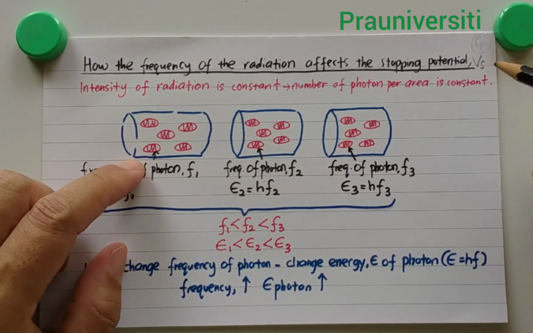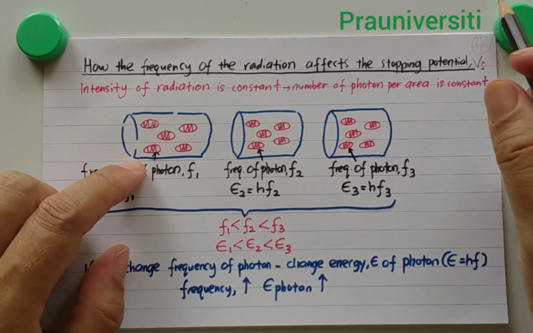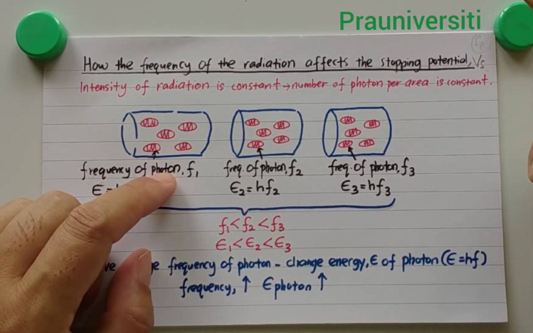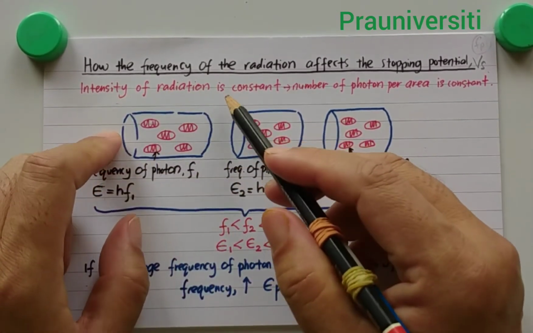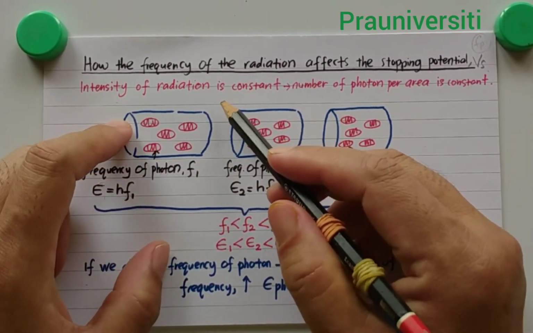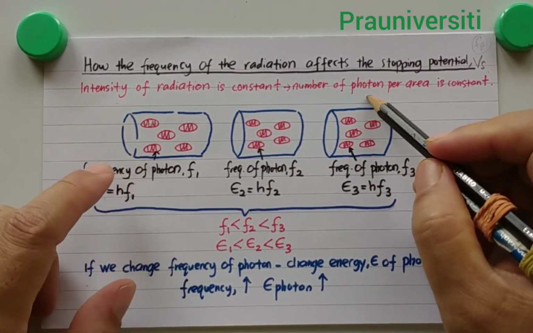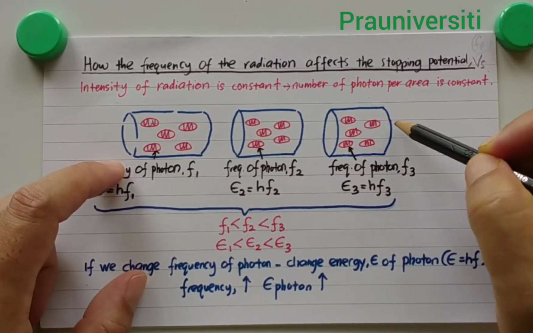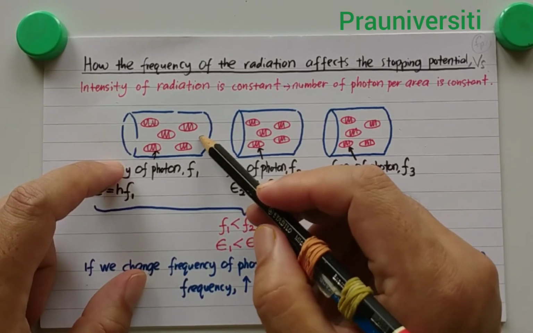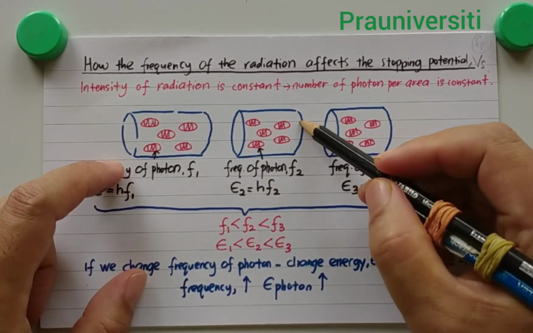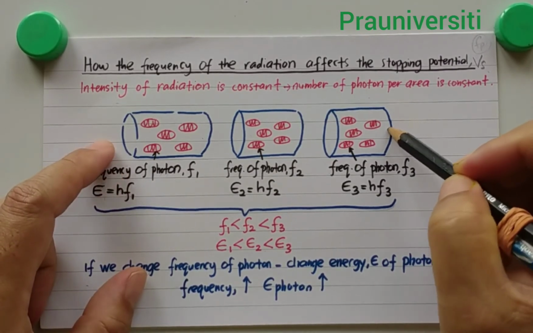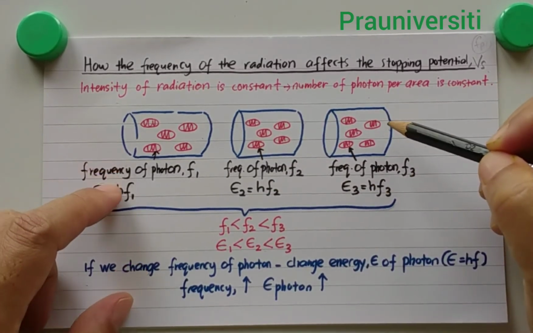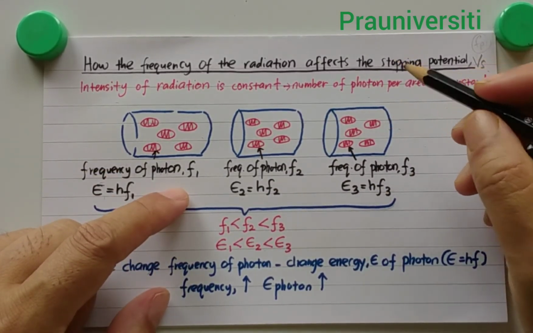Before we continue, I just want to remind you what is meant by intensity. Intensity of radiation is constant, which means the number of photons per area is constant. So we look at the intensity for these diagrams: the first diagram, the second diagram, and then the third diagram. What we can see here is that the number of photons in the diagrams is constant,